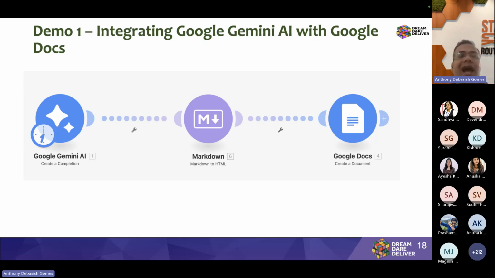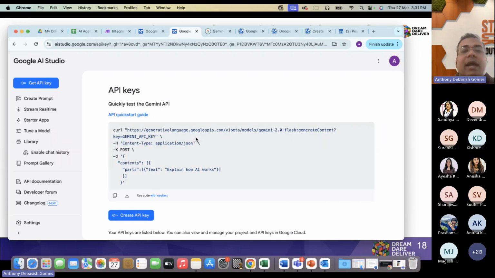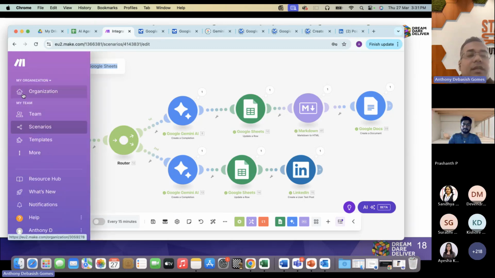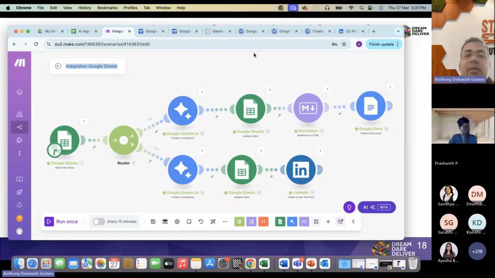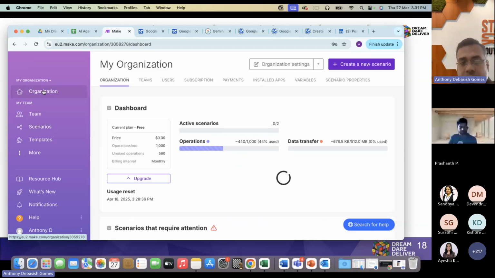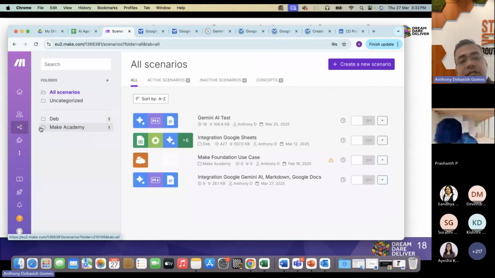Now visualize that you have to create documents after documents, and how would you do that? We will automate this right away, guys. So I'm going to show you first. So this is my Make. When you log in, you will get into a screen like this, where the organizations and team will be shown to you. All that you have to do is go to your scenarios first and